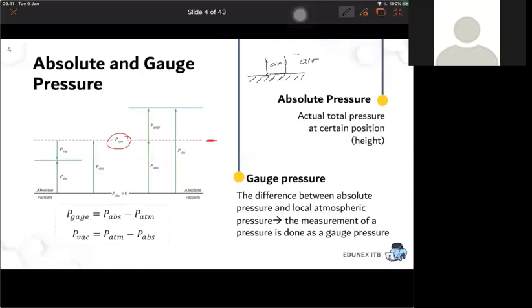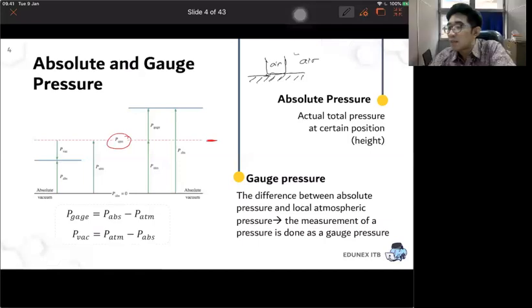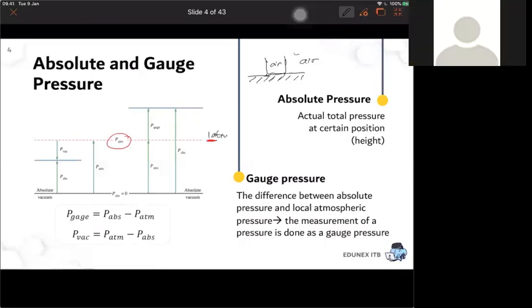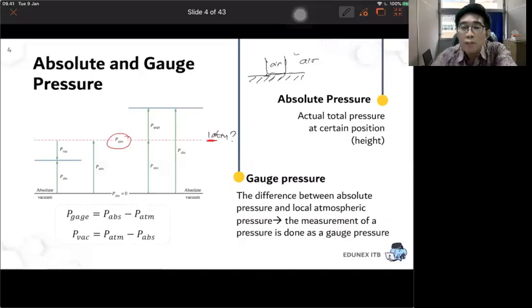Iya benar, sir. Okay. Now, how much is the value of the atmospheric pressure? Is it always 1 atm? I think so. It depends on how high you are. Yes. Actually, the value of the atmospheric pressure is not always 1 atm. It will depend on the position